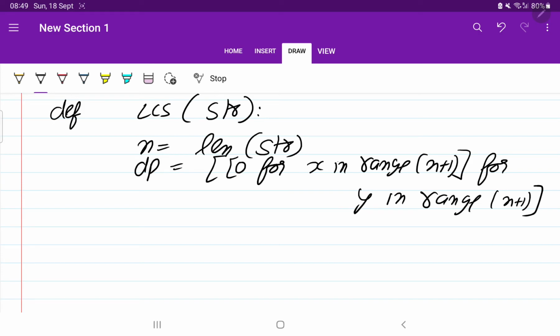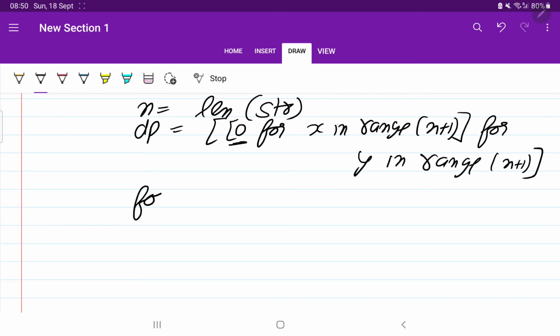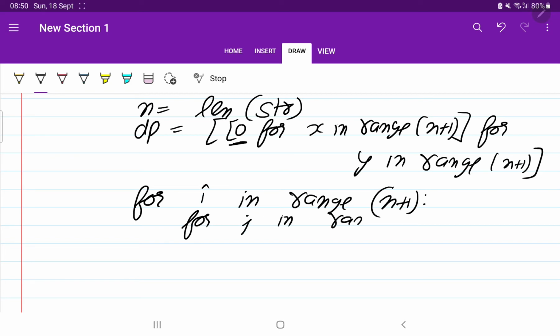Now we need to initialize the dp, so here we have initialized the dp with 0. Now according to the choice diagram, we need to fill the elements in the dp. So for i and j, let's write i and j, it will be easier, for i in range of n plus 1.